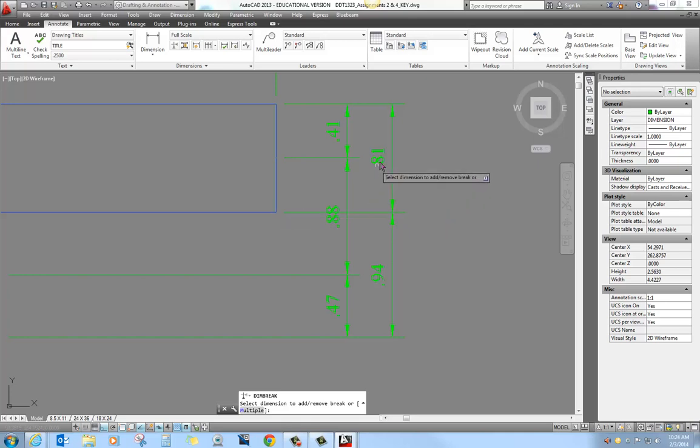And so if I choose this one, this is the one I want to select dimension to add the break to. It's going to then automatically go over to the next step, which is select object to break dimension. In other words, which object do I want to create this break around? What am I trying to break around? So I'm trying to break around this number. Okay, so if I select that as my object to break,